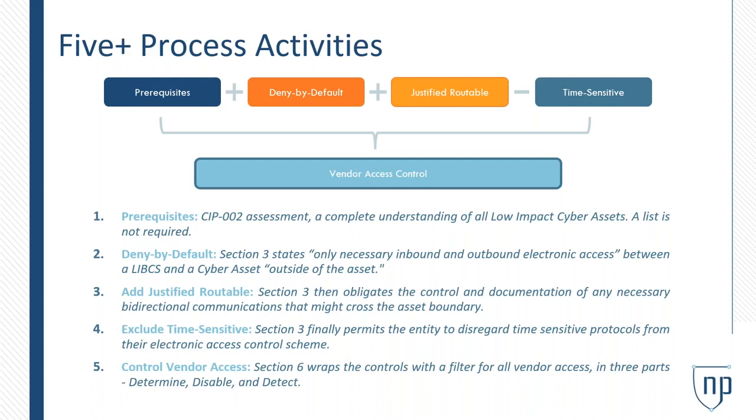I mean, it's no fun to change passwords, but it's much more fun to buy a really high-end firewall. But the idea is the CIP standards force a moderate level of security across everything, across a wide range, rather than just trying to pick and choose. And this low impact stuff that's been brought in with the new Section 6 is just a ratcheting up of that. It's not always fun.